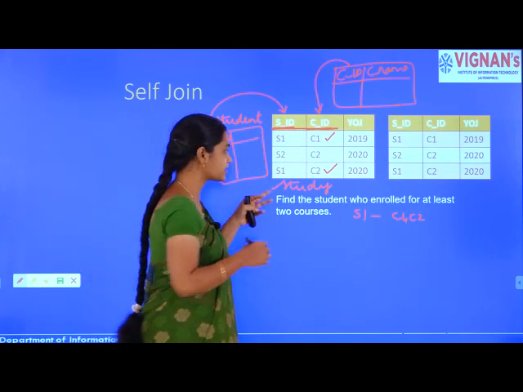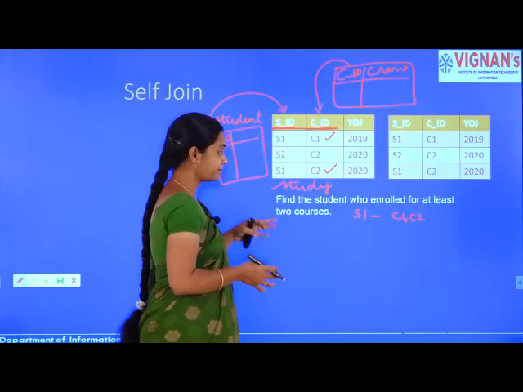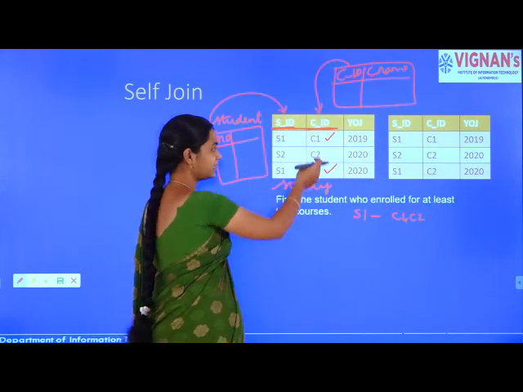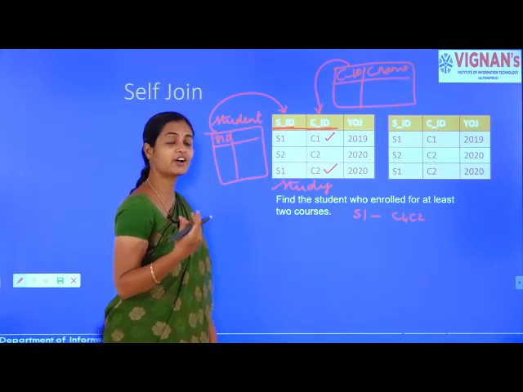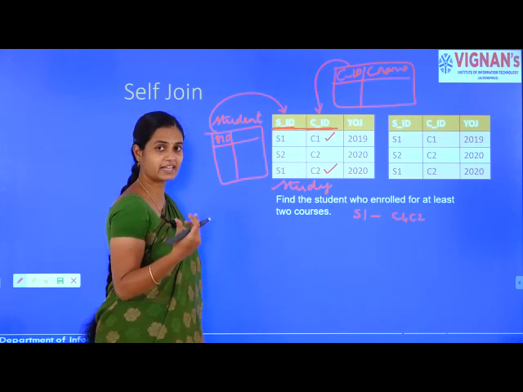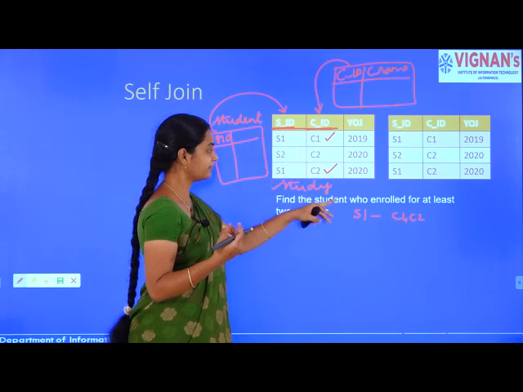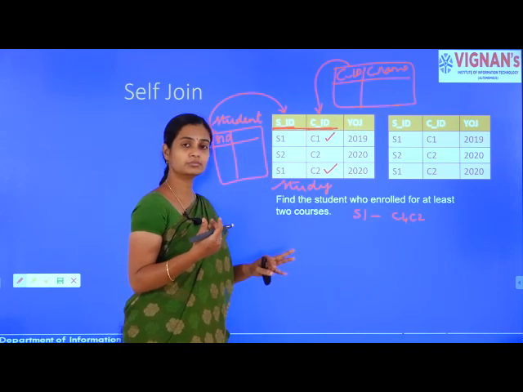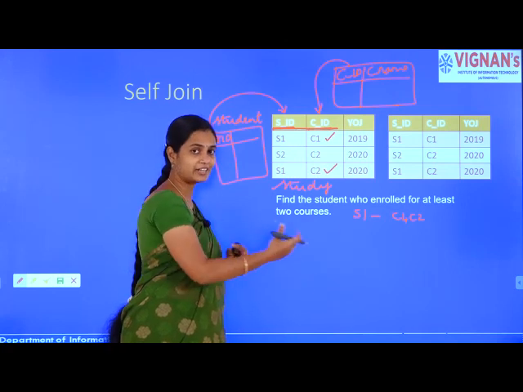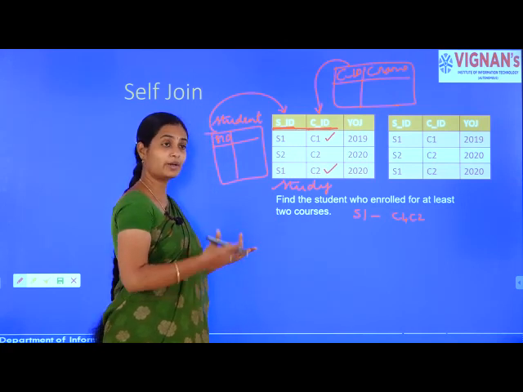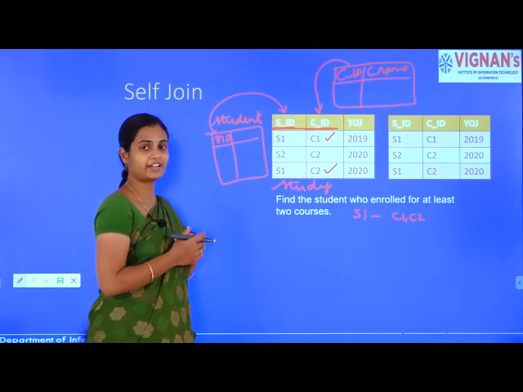Okay, so you have to again take one more table. Okay, because simply by taking one relation, study relation, you cannot take it out. Okay, how do we write? Select student ID where CID equals to what? CID equals to 1, 2. Will it work? It will not work. Where CID equal to 1 and CID equal to 2. So like that you can write.